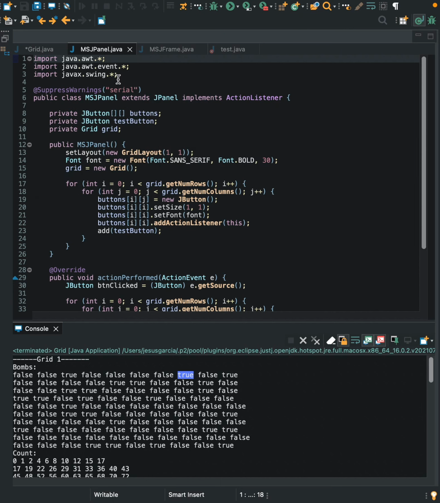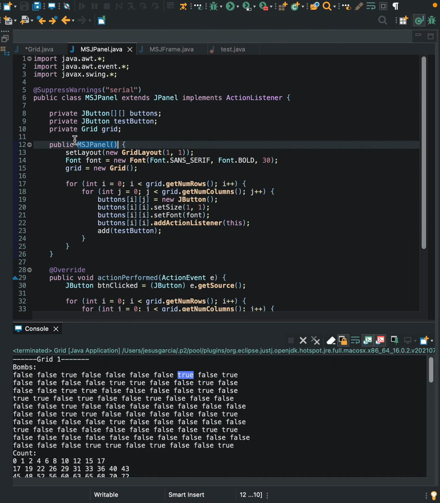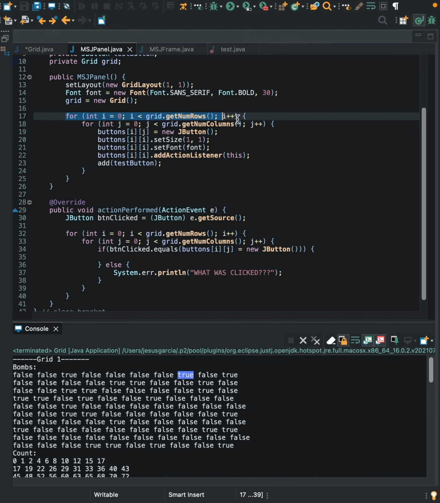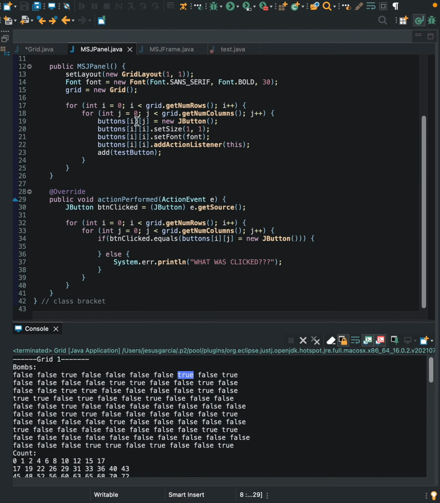Otherwise, I've tried messing with the JPanel, and I've gotten close. So I created a Minesweeper JPanel. That's what that abbreviation means. Have some fields, and what I do is I create a double for loop, and here I just add the buttons to the array I've made, and according to the indices, I'm going to create a new button at each index. Then I'm going to set the size to each of them, the font, and we're going to add them to the action listener. Then we're going to add the button,